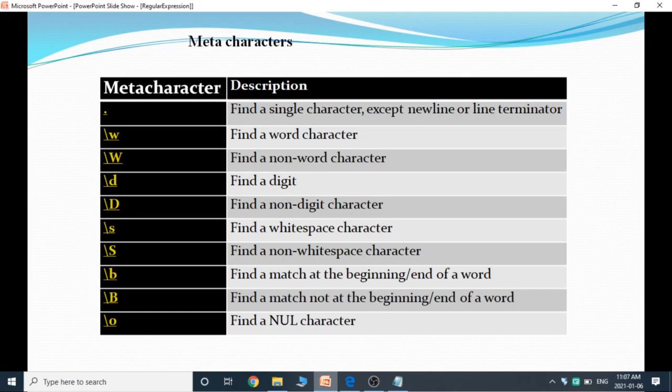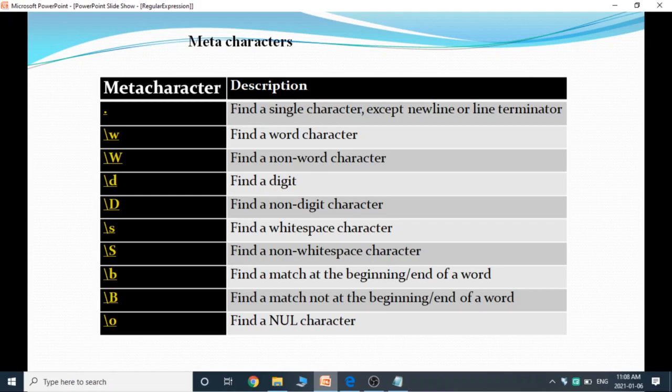Next one is meta characters. What is a meta character? A meta character is simply an alphabetical character preceded by a backslash that acts to give the combination a special meaning. Here I have placed some meta characters like dot, small w, small d, small s, b, capital B, and 0 for the null character.